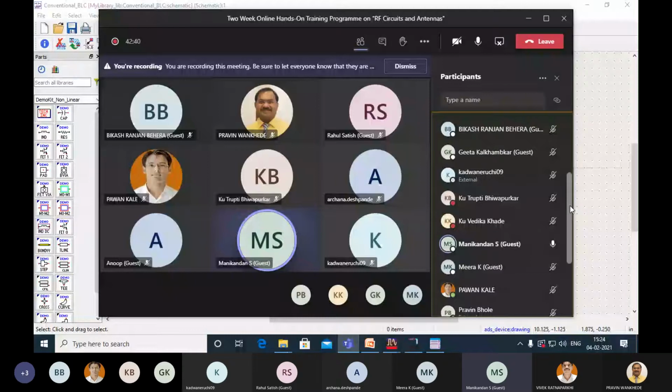Then take the MLIN component. Just scroll down and find the MLIN microstrip line. Drag and drop it to the drawing area. It will have some values of 25 micron and 100 micron. Let it be. Just drag and drop it in the drawing area. So all of you should please follow the same steps, so our exercise will finish in stipulated time.